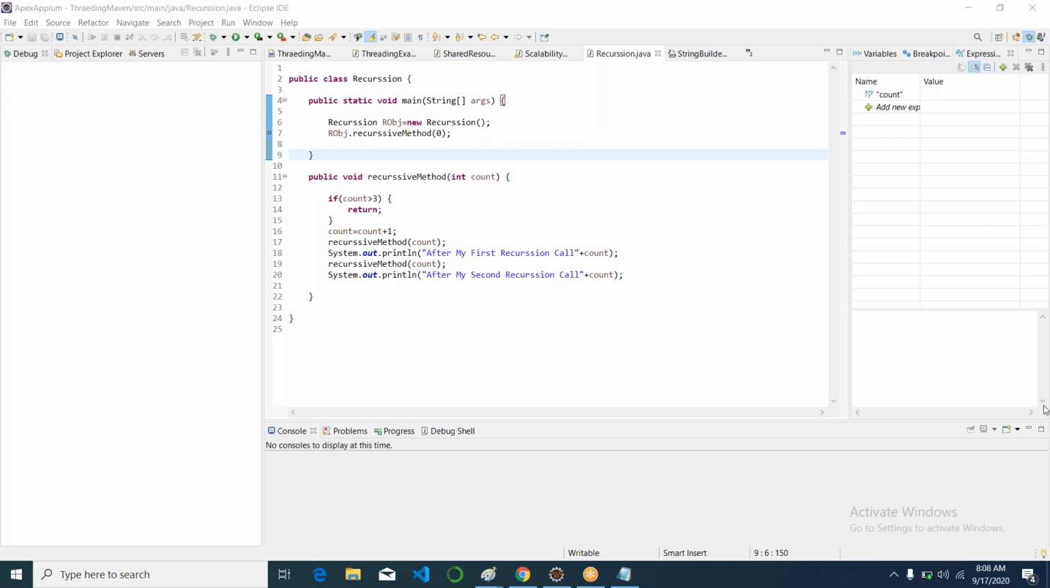So it's printing 1, 2, 3, 4, and then again 4, 3, 2, 1. So before calling the recursive method, the value is printed. So first it's incremented and the value is printed. So we pass it 0. So it is incremented and the value is printed as 1. Again, the recursive method is called and again it goes inside and the